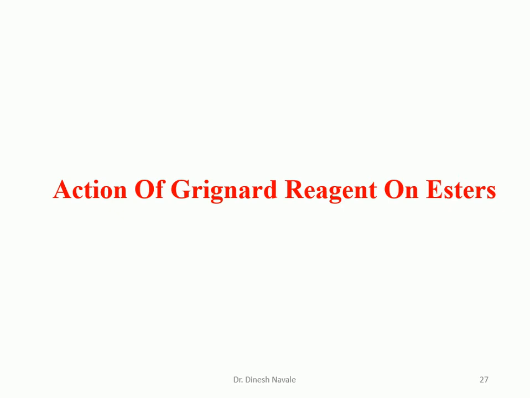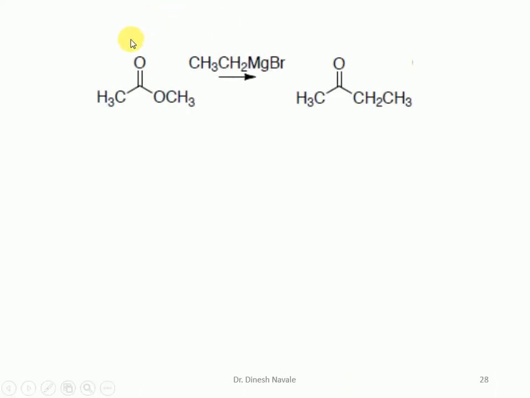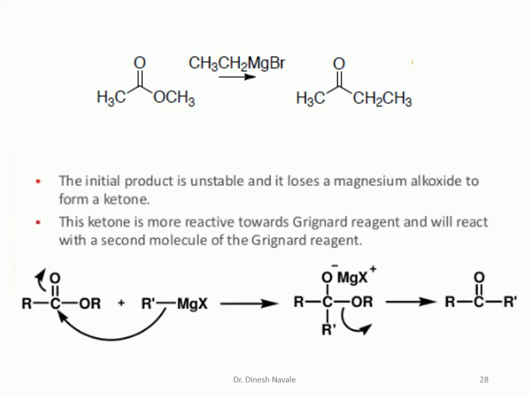So the third reaction which we are going to see for the preparation of aldehyde and ketone is the action of Grignard reagent on the ester molecule. So aldehyde and ketone can be prepared from the ester by reaction with the Grignard reagent. This is a simple ester, methyl acetate, which on reaction with Grignard reagent will give the formation of ketone. One important thing we have to remember: when we carry out the reaction of ester with only 1 mole of the Grignard reagent, it will give the formation of ketone or aldehyde as the product.